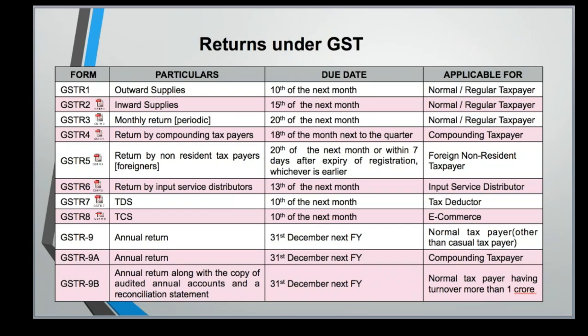So for all unregistered supplies, be it notified reverse charge or other than notified reverse charge, you have to issue a payment voucher. Receipt voucher, as I told you, is only for cases of advance received. If at month end you have certain advance with you on which you need to pay GST, then you have to issue a receipt voucher for each such customer that you have.